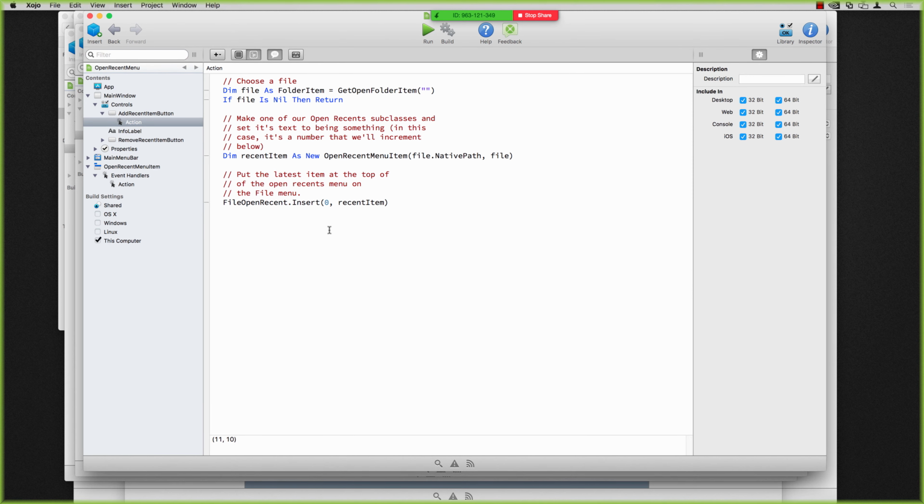And then the actual code is also relatively simple here. We're just getting a prompt for files so we have stuff to show in the recent items menu. And then we're creating a new instance of our class. And by default, the constructor of menu item